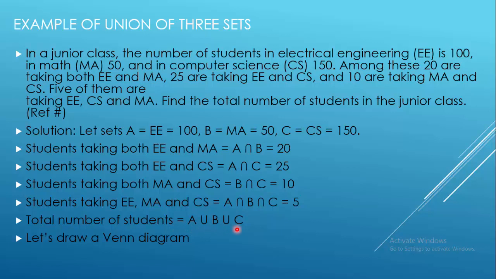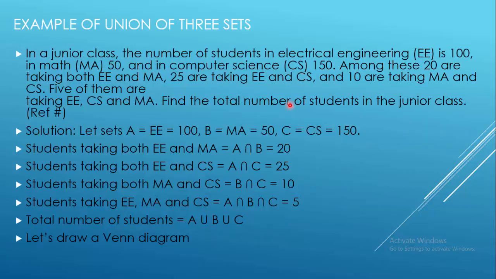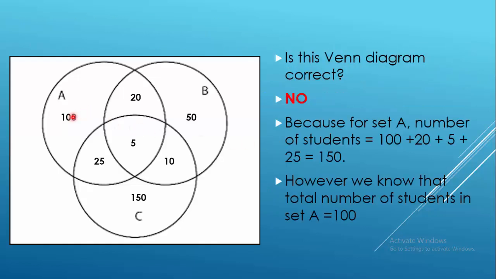So how do we draw the Venn diagram? If we place the numbers as we have just written over here, in A we have written 100, in B 50, in C 150, and these are the intersections: 25, 20, 10, and the common one is 5. If we write it like this, we will get the wrong answer. This is not the correct Venn diagram, because